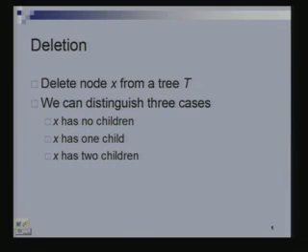Today we are going to start with deletion. In the last class we saw how to do insertion, search, computing successor, computing predecessor, computing minimum, maximum in a binary search tree. Today the only one operation that is left is the one of deletion. So, we are going to see how to do deletion in a binary search tree, and then we are going